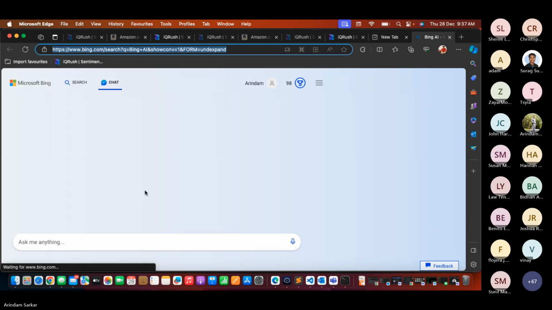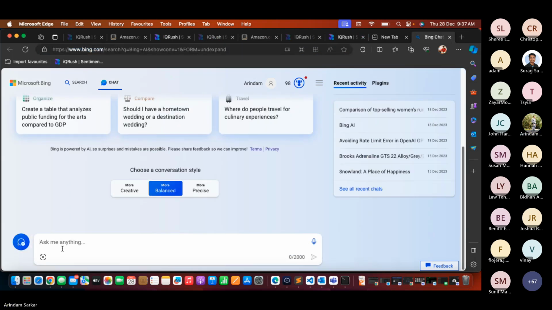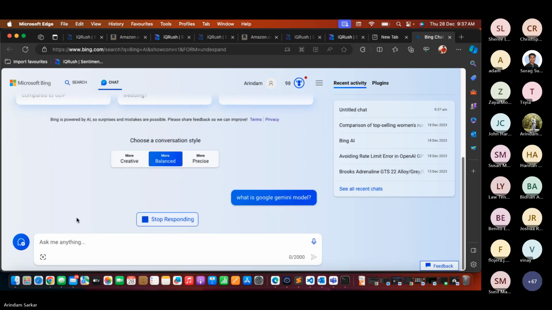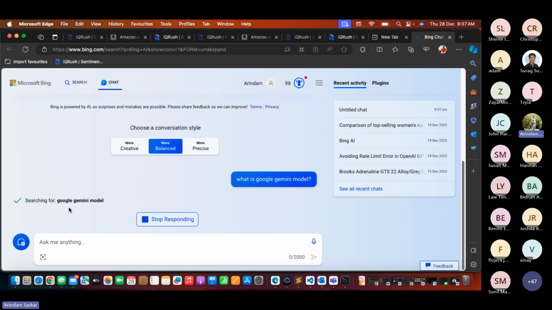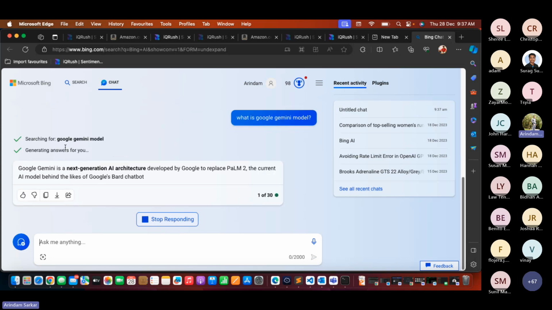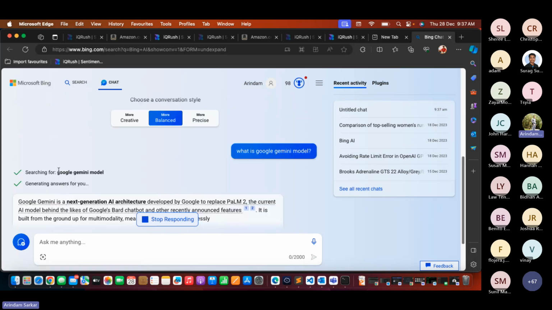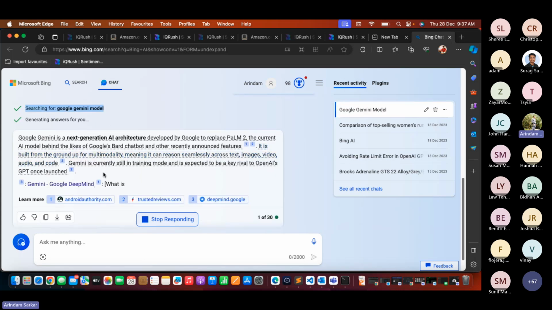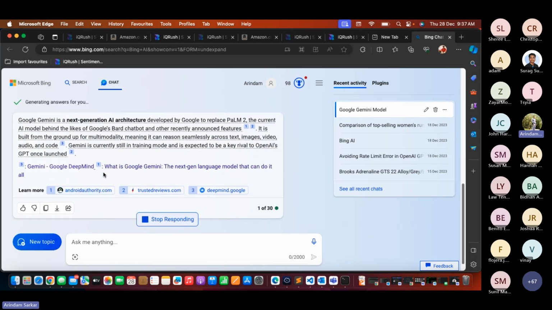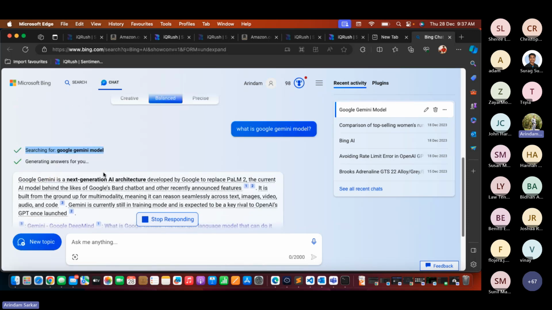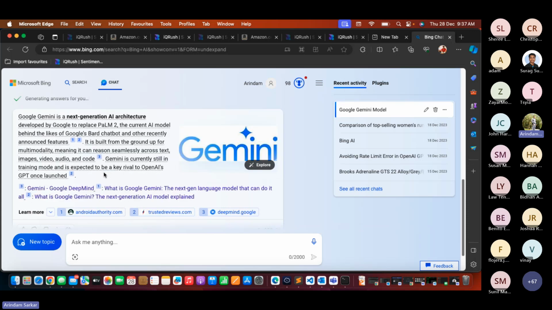Let's say in Bing, I ask, what will it do first? If you see, it is searching the web for the Google Gemini model, right? Then it is giving you the answer. So what it is doing as a tool, it is using the internet to answer it, right?